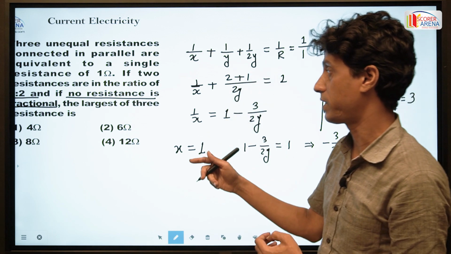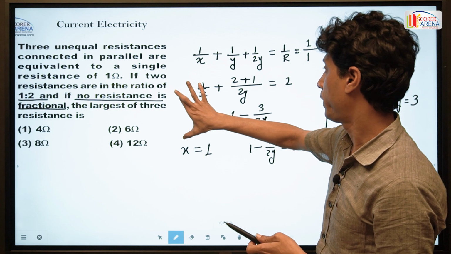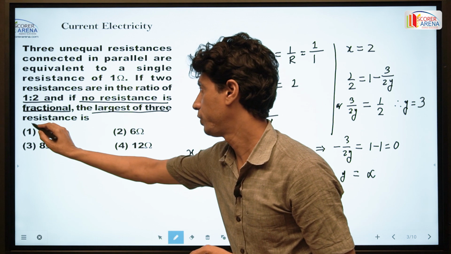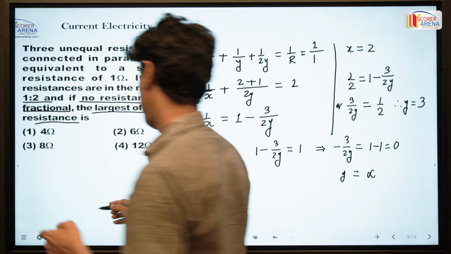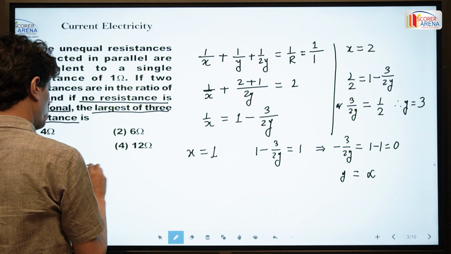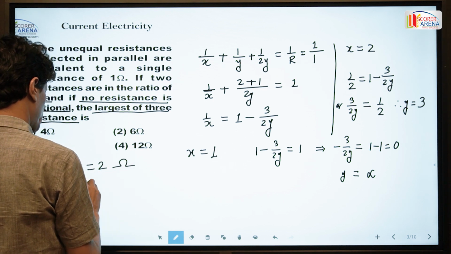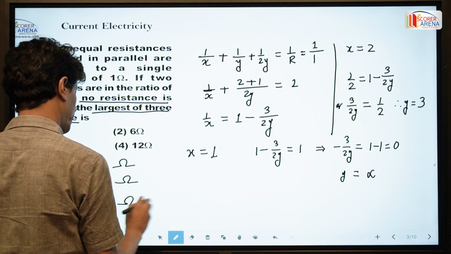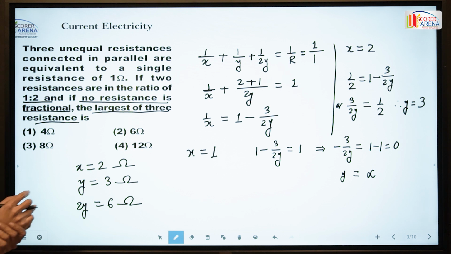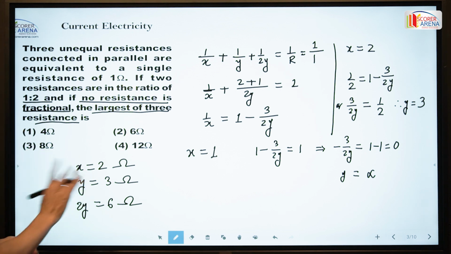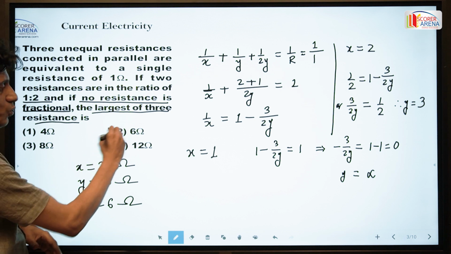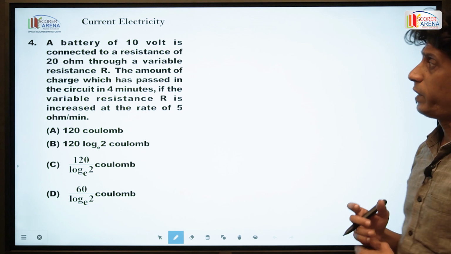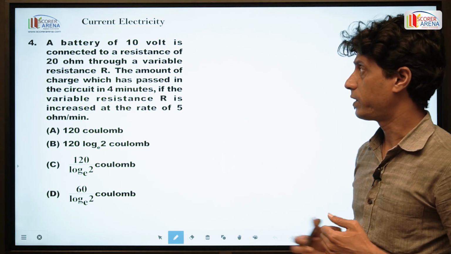So X is equal to 2 ohm, Y is equal to 3 ohm and 2Y is equal to 6 ohm, and the equivalent of all these 3 is 1 and none is fractional, so therefore the answer is